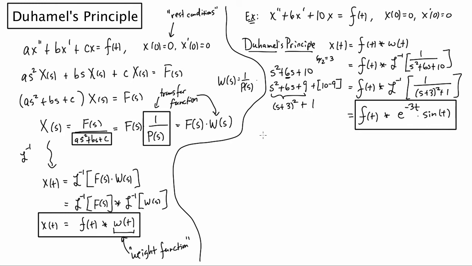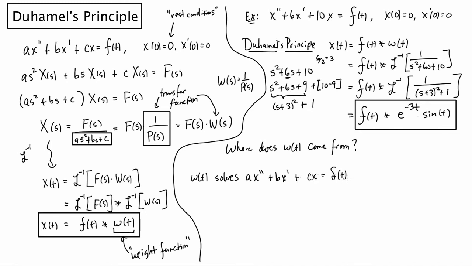All right, so at this point, I want to add a little bit more to this to talk specifically about the w of t. So where does w of t come from? Well, it turns out that w of t is the solution to this differential equation. So if we looked at ax double prime plus bx prime plus cx equals the delta function,